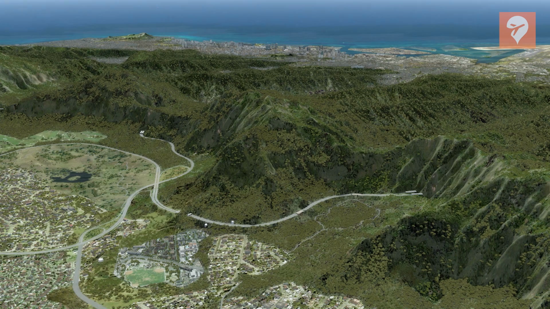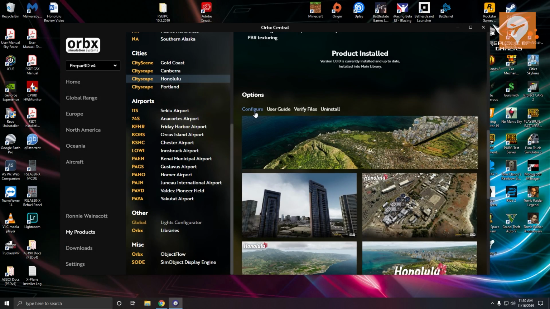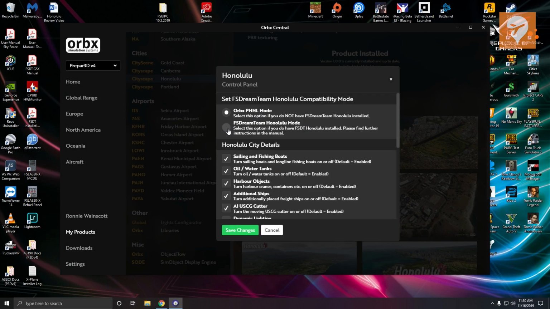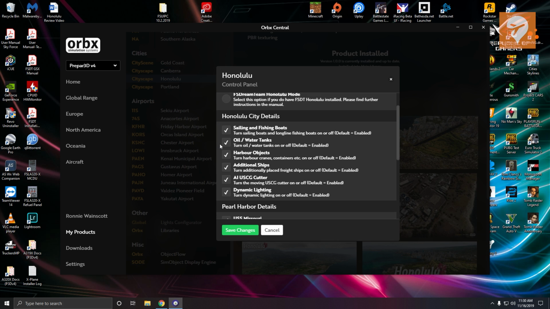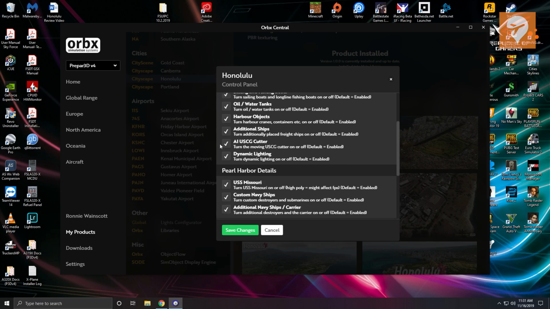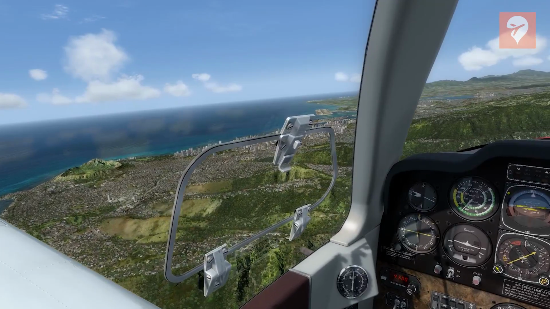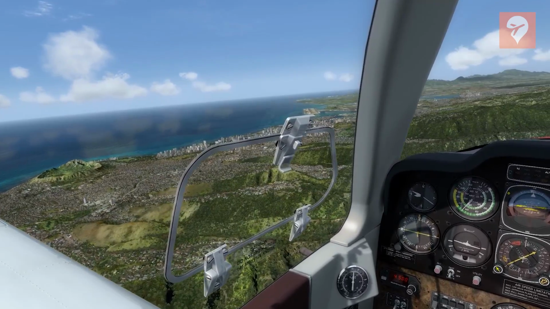FPS did take a minor hit having things maxed out, especially near the big city of Honolulu, though Orbx does give many options to optimize performance for your system or style of flying by clicking on the configure button on the product page. For $39.95 Australian, you get the entire island of Oahu, Orbxified to par with their other regions